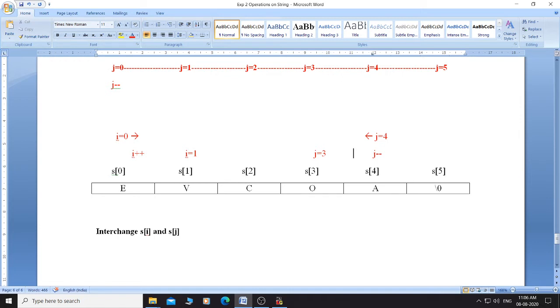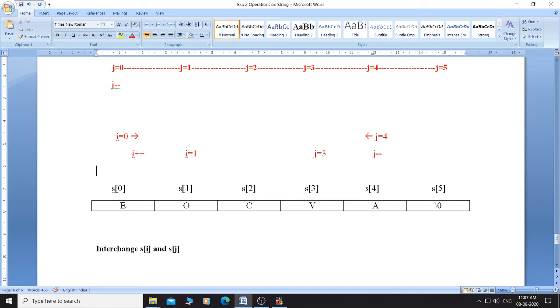Again interchange S of I and S of J. S of 1 and S of 3 will be interchanged. S of 1 means B, and S of 3 means D. So B and D are interchanged. So D will come here and B will come here. Second and second last characters are also interchanged.